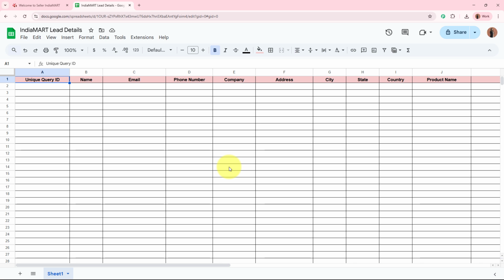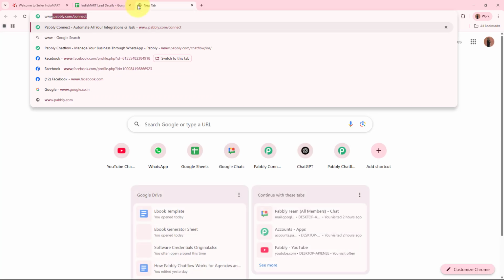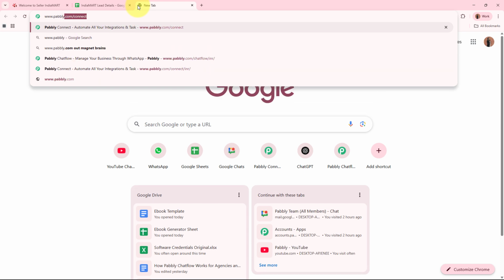With this automation, all leads that are generated in my IndiaMART account are instantly added in my Google Sheets without any manual efforts, saving me time and helping me stay on top of every potential sale. And I'm going to create this amazing connection between these two applications using Pabbly Connect. So for that, on a new tab, I'm going to browse the website of Pabbly Connect, that is